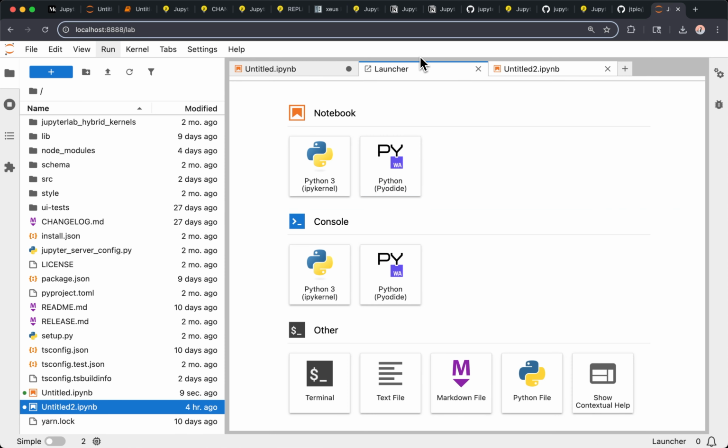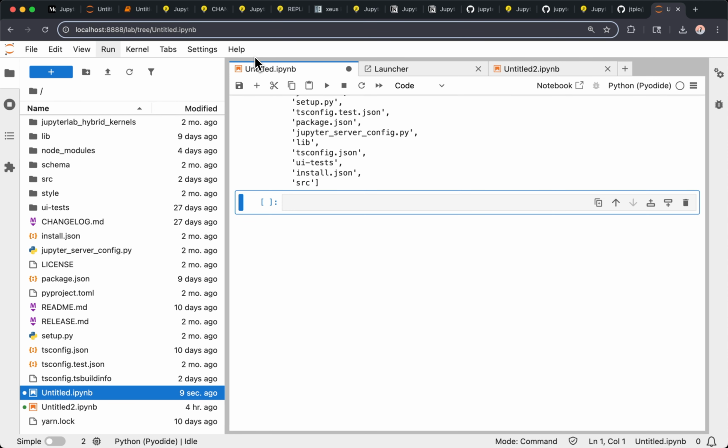So they have a hybrid setup, and their users, well, actually most of the time, start in the browser with Pyodide because they do some simpler tasks. But then they sometimes need more resources or libraries that are not available in the browser, because not everything is available in the browser. And they were talking about a system that they put in place to automatically move the in-browser kernel to a server kernel.